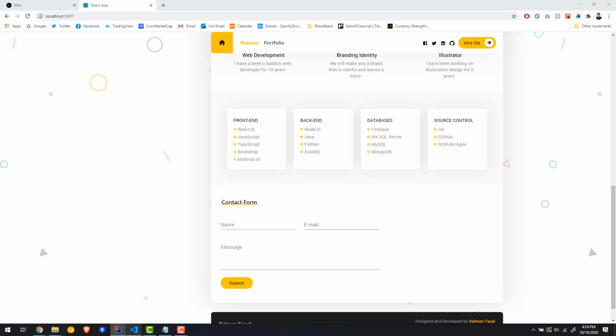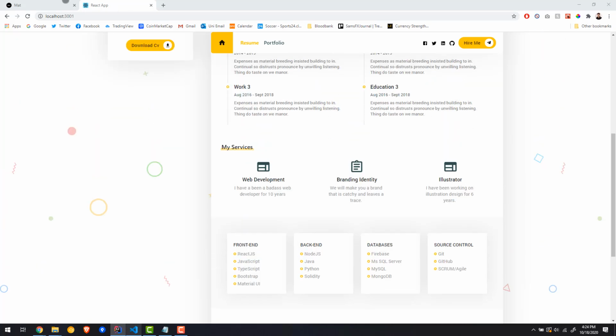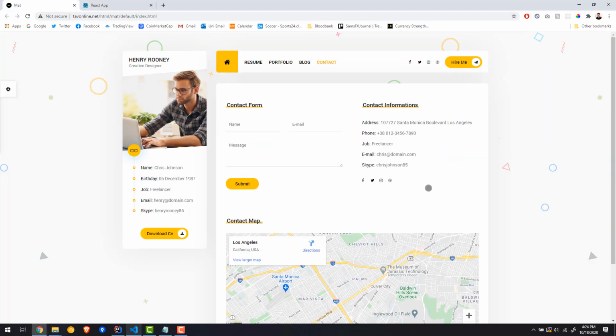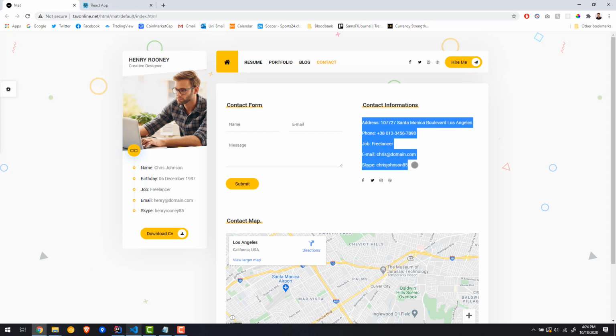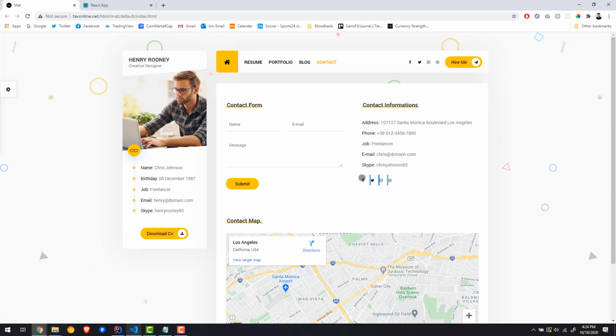Give me a second. Something's wrong. Okay, cool. So for the contact information, let's go back here. Again, we're gonna have a grid item, right? So that's gonna be a grid container, and this is gonna be one grid item. This is probably gonna be another grid container and item inside, and that's gonna be another grid container and item inside. Okay, so